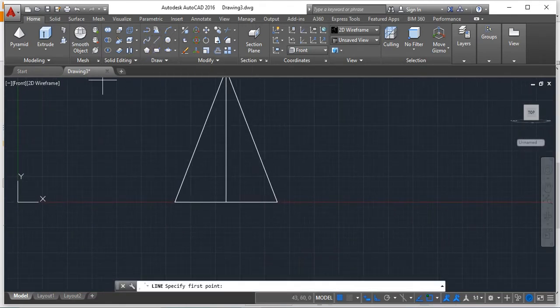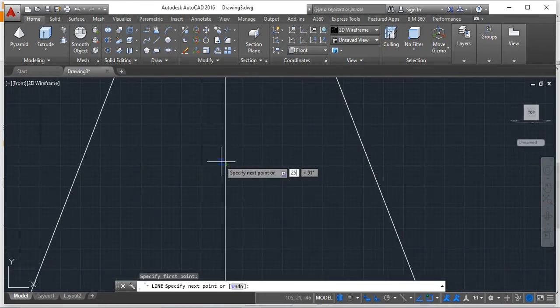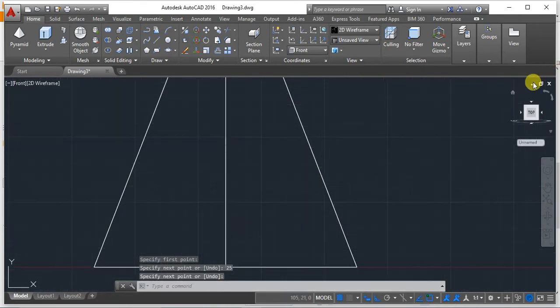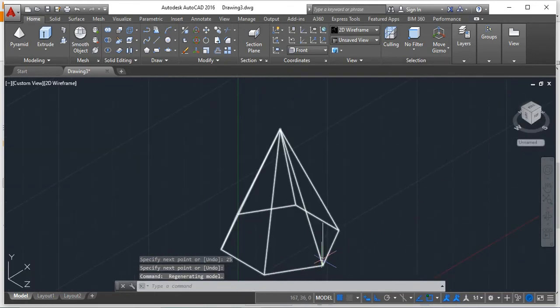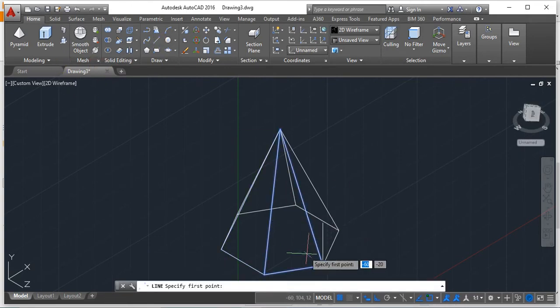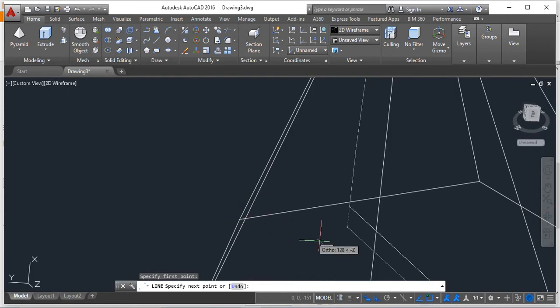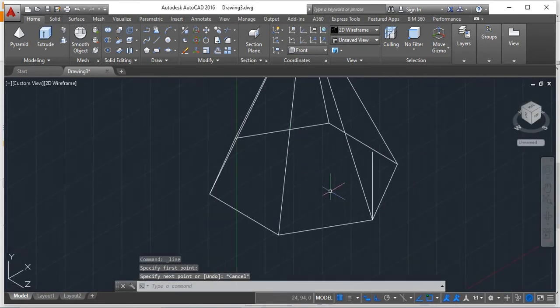Here you have to draw a line exactly at the center, at a height of 25 mm, give enter. When you see it in the view, you would visualize this. Just move it to the center. In order to move it to the center, draw a line joining both the corners. This might not be possible directly, so make sure the ortho is off and then start drawing.